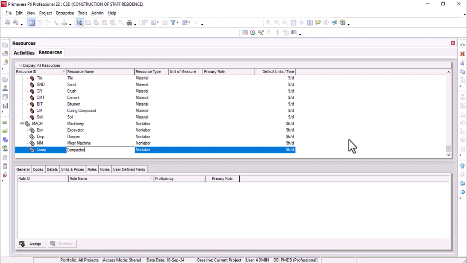So in machinery, these machines are added,